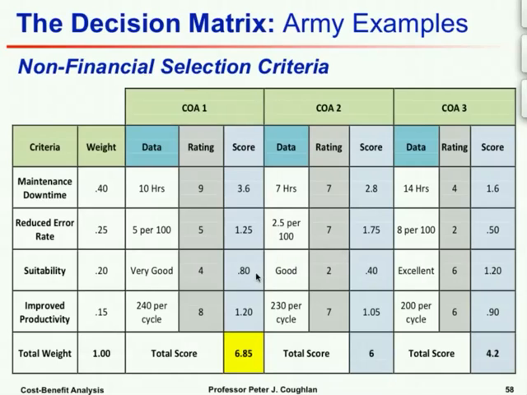Here, good, very good, good, excellent. They decided to give 2 for good, 4 for very good, 6 for excellent. Notice, by the way, nothing was rated bad, right? And again, but by